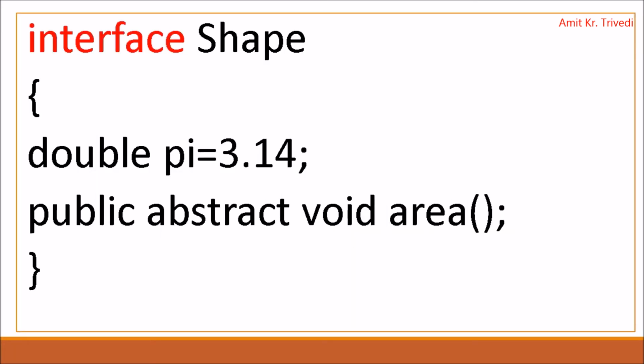We can see one interface we are going to declare. In place of the class keyword, now we are using the interface keyword. So interface Shape, and we are writing double pi equals 3.14. Here we are not using final static, but as I told you, Java has this facility, this will automatically be assumed as final static. So you can write it explicitly or you can skip it, but it will always be taken as final static. Then we have taken one method, public abstract void area.